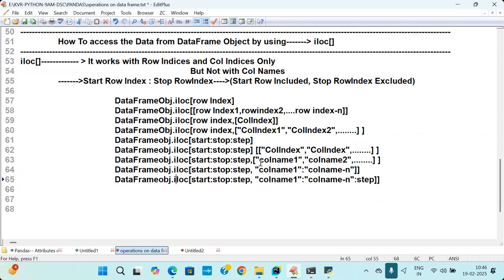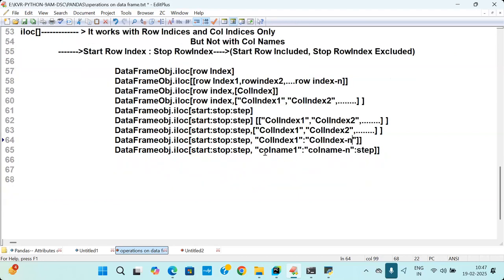iloc, iloc, iloc. This is also column index. You are writing outside, this you are writing inside, and you are writing here column index 1. You can apply all of them after entering into the hostel or some room. You can apply column index 1, column index 2, and so on. Same here also, column index 1, column index n, with a step, that